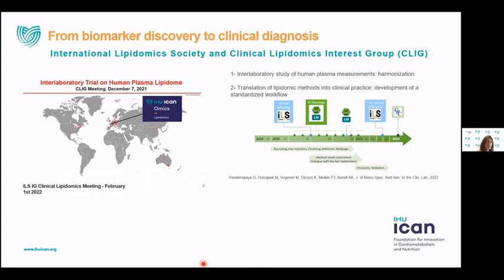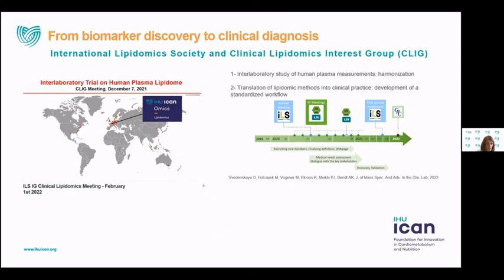And this is something that is currently done by the International Lipidomics Society that has launched the Clinical Lipidomics Interest Group last year, which aims at grouping all the clinical lipidomics platforms in the world. So we are part of that consortium, and the aim is to harmonize our methodologies to better translate it to clinical practice. So the aim is to come out at the beginning of next year with a published harmonized method that could be then